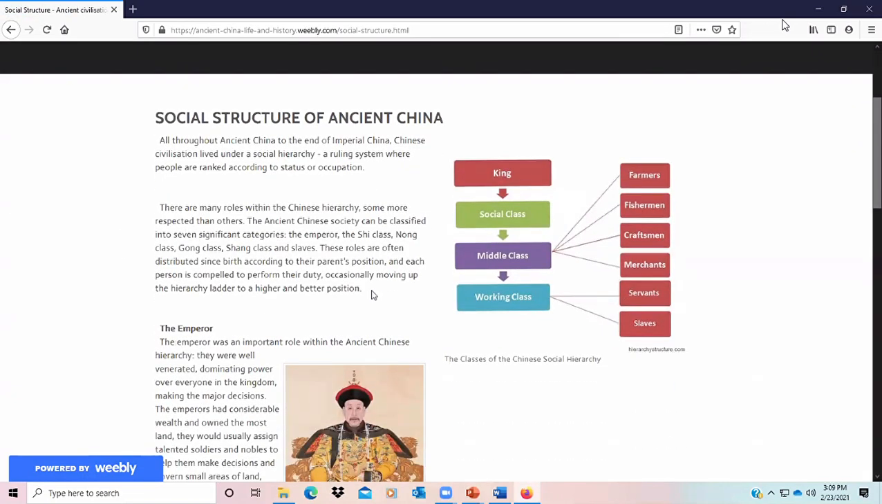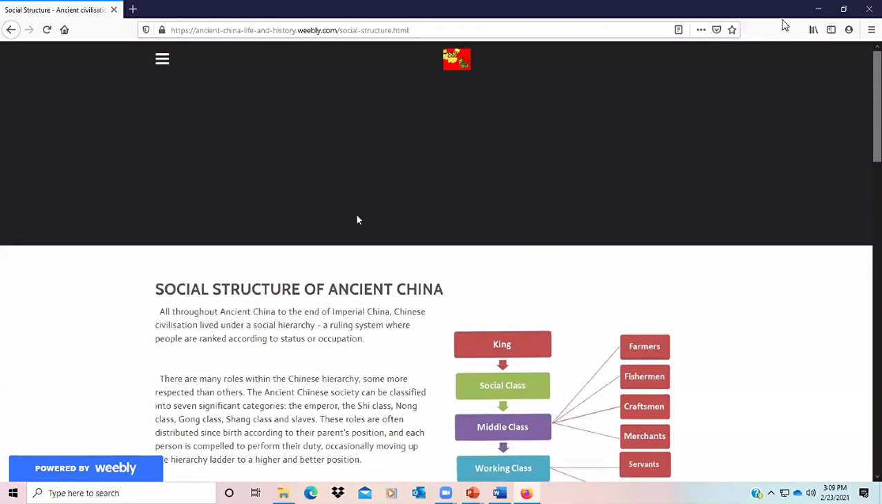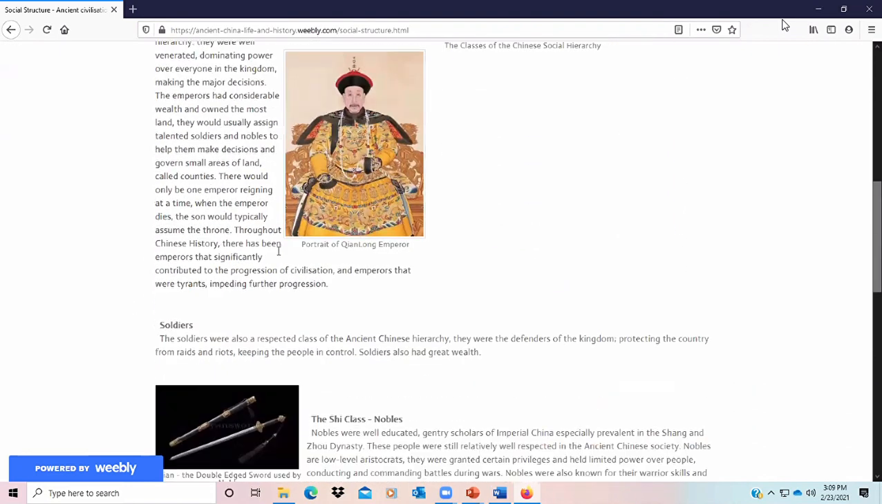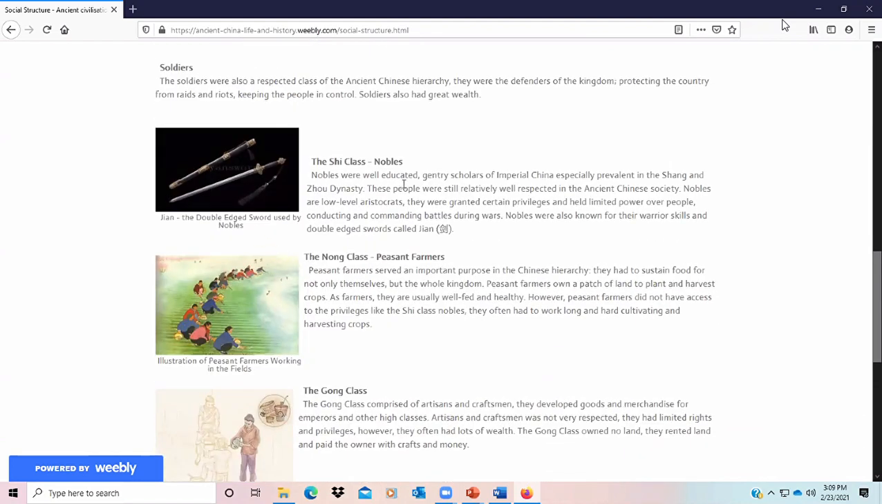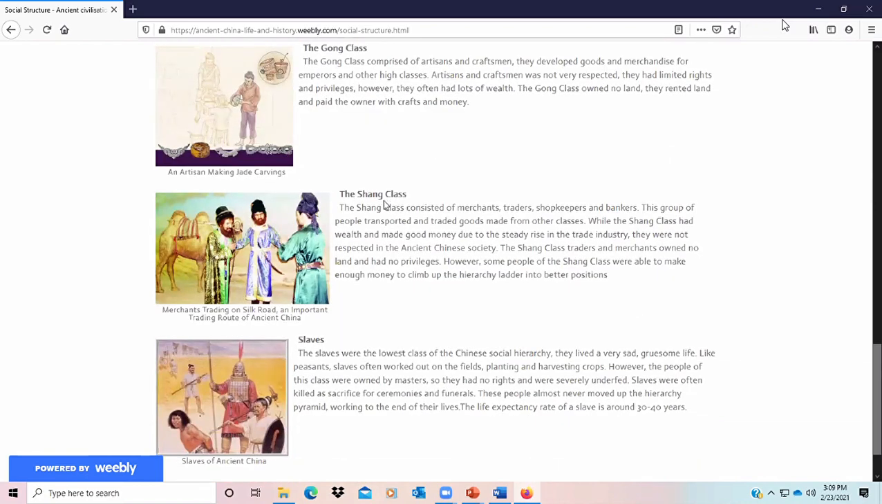So if you look at it from here, if you go to this website, ancient China, you'll see it here. Look at this. The king, right? You had farmers, these were the middle class, and these were the bottom of the social ladder. So here you have the emperor, the nobles, the shy class, the non-class farmers, the gong class, the shang class,